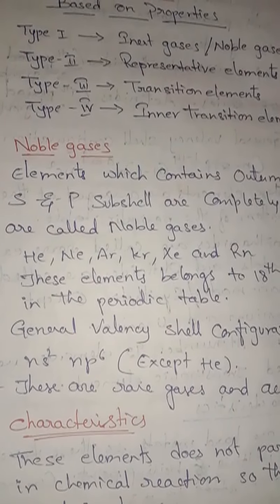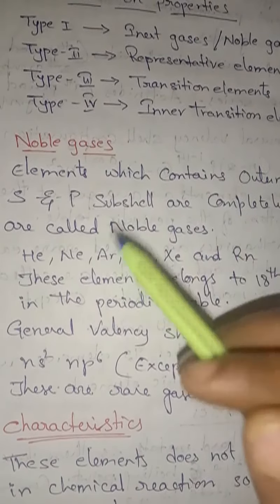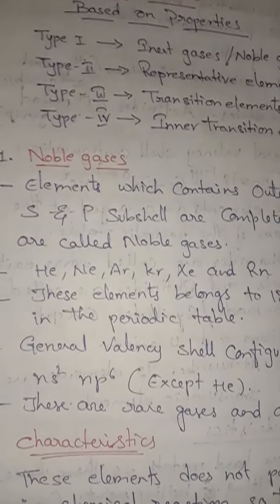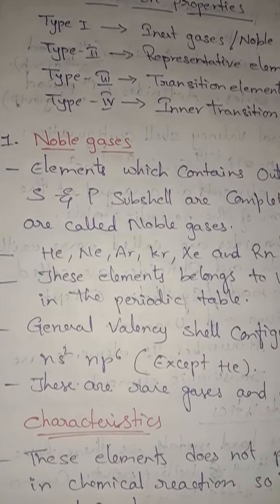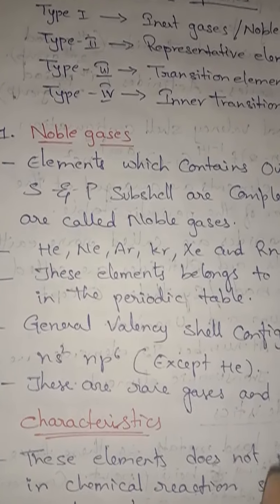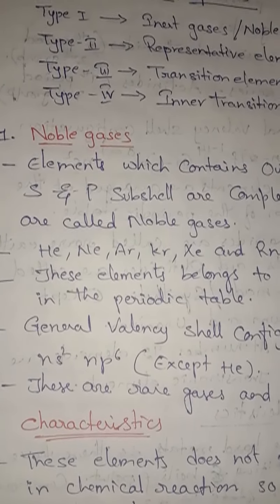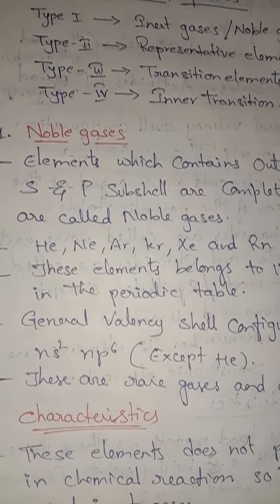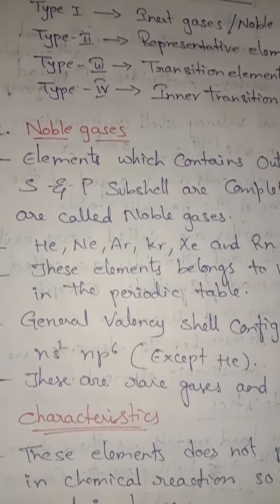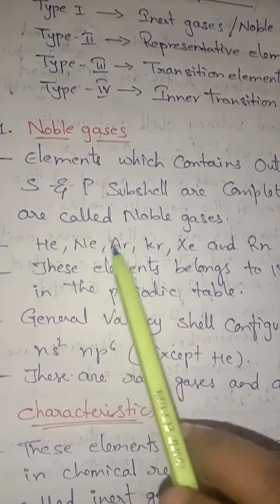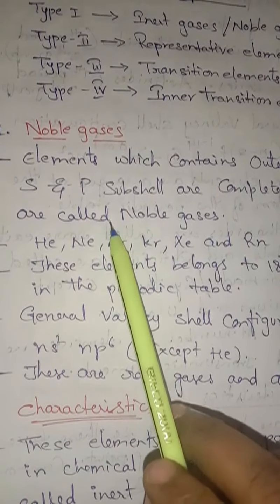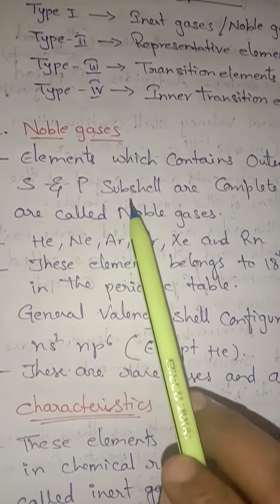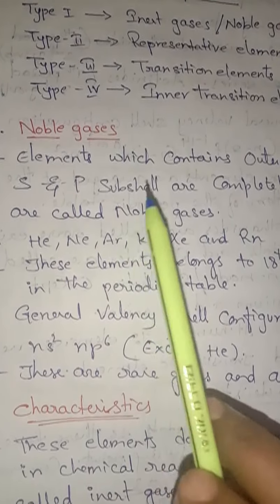Why are they low reactive, children? Because exactly 8 electrons are present in their outermost shell. That means they obey the octet rule, so they are less reactive when compared with any other elements. If elements have fewer electrons, they usually gain electrons to get an 8-electron configuration. If they have more electrons, they usually lose electrons to get the 8-electron configuration. But here they already have 8 electrons in their outermost shell, so they are low reactive, and as they are low reactive, the group 18 elements are also called inert gases.